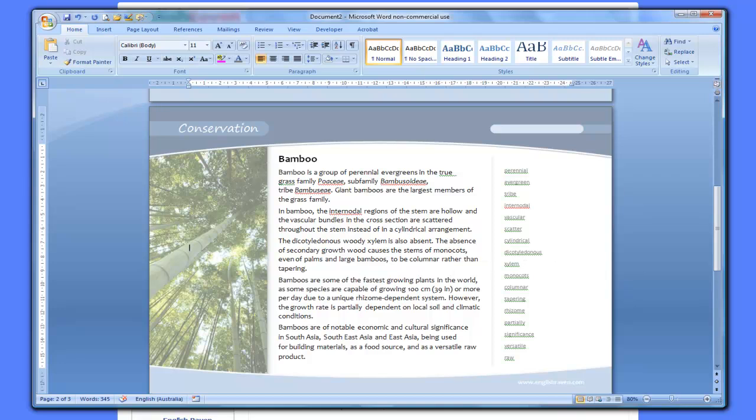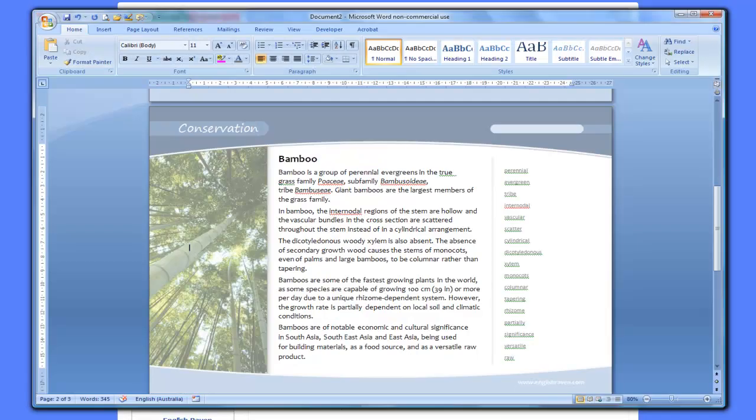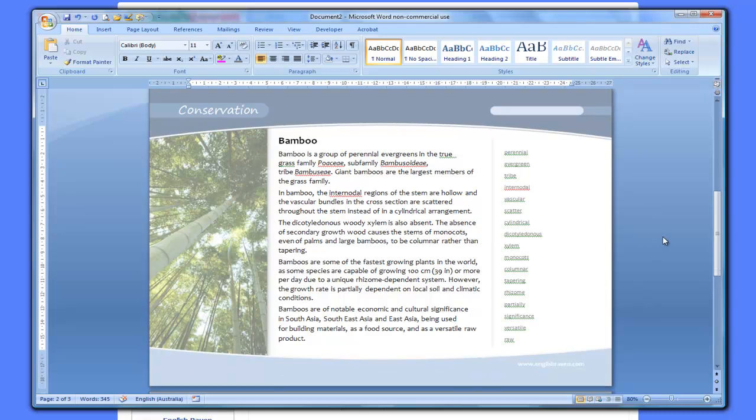And that's what you were looking at here. If I go to the second page here, this is basically what we're looking at. Okay, it looks quite similar. Alright, this is how it'll look if we make a PDF of it. So that's the first page of the student version. When we print this out for the learners and photocopy it, this will be the first page of their handout,